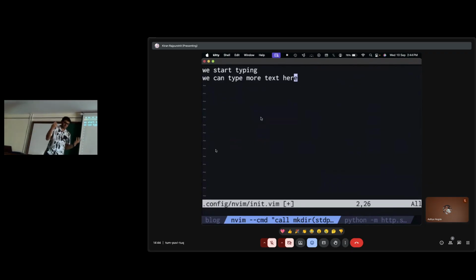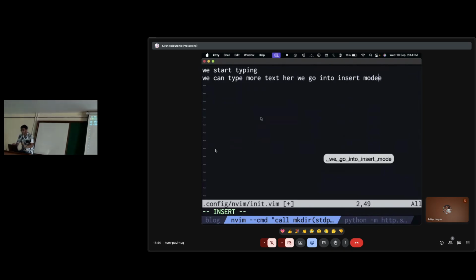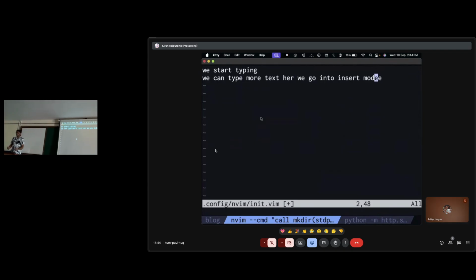A very common operation, like obviously once you enter text, you go back to normal mode. Let's talk about entering text first. One way to enter text is by pressing I, right? What I does is that we go into insert mode, and then we press escape to come back to normal mode. If my cursor is here and I press I, I'll start inserting between D and E.